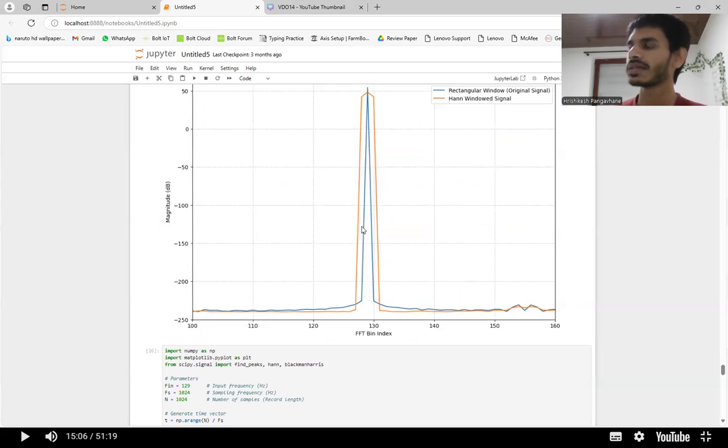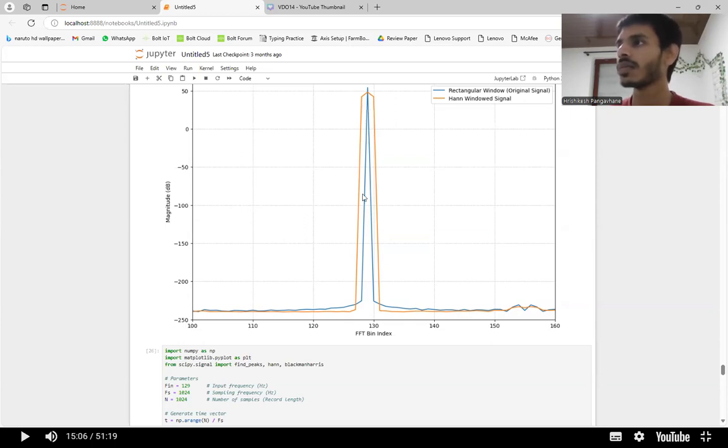And we discussed why we are windowing the signal, and when we plot it, it took three bins instead of one bin. And this in blue represents the sinusoid when we have a rectangular window, but when we have a Hann